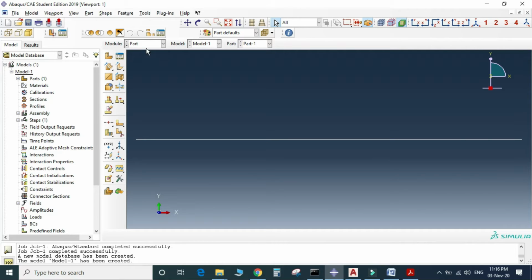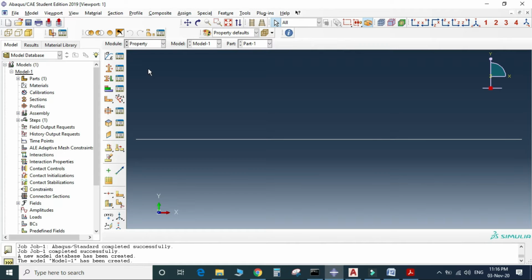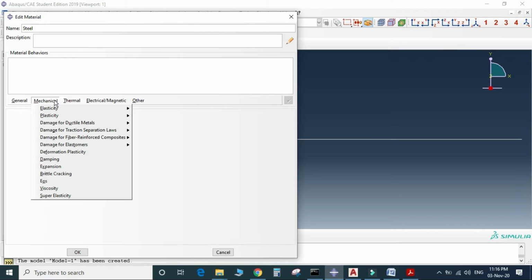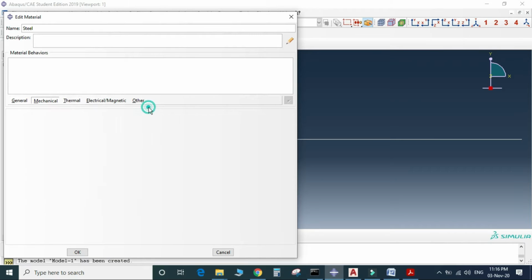Then shall we move to the properties of the given element. The given element is a steel element. Then click mechanical property, elasticity, elastic.